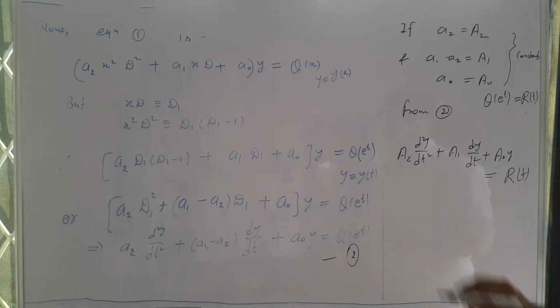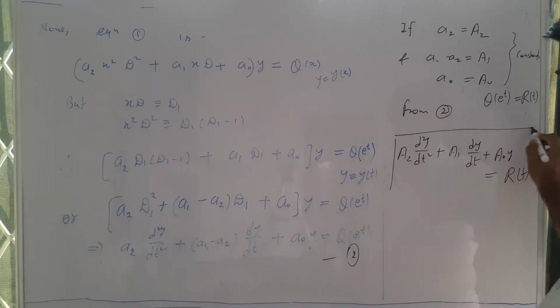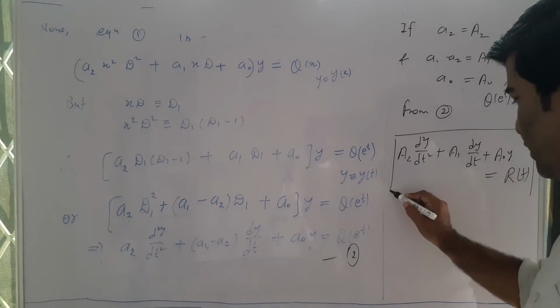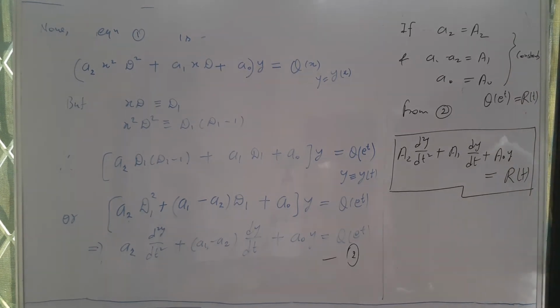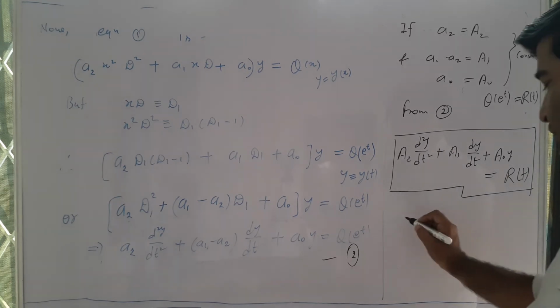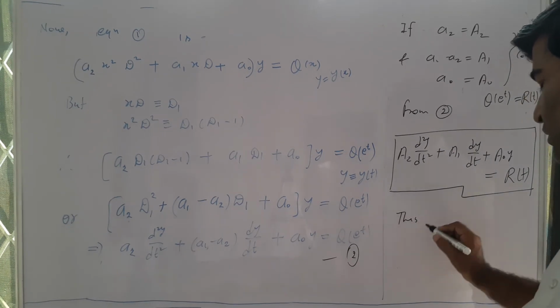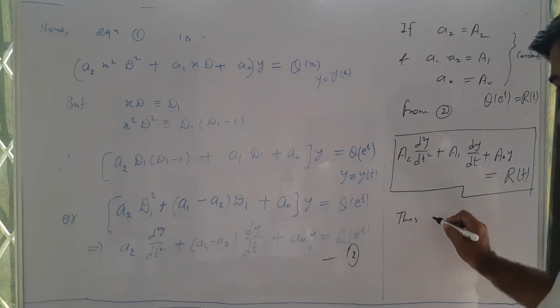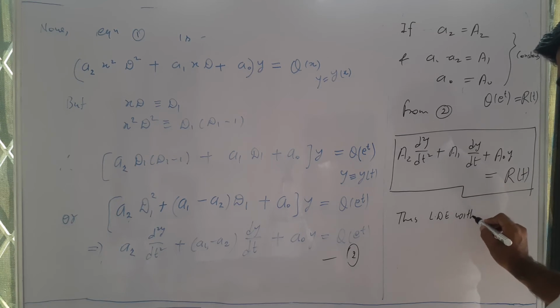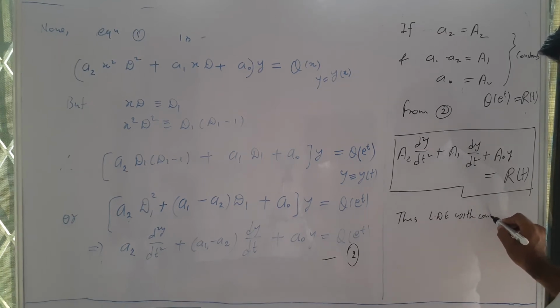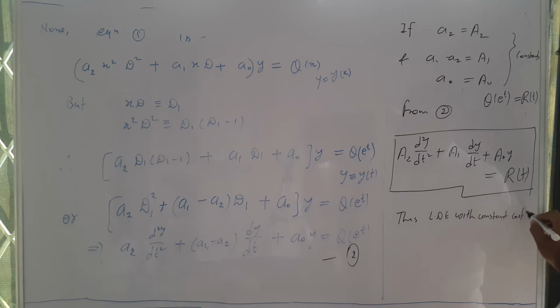So this is actually another form of equation 1 when we take x is equal to e to the power t. This is a linear differential equation with constant coefficients